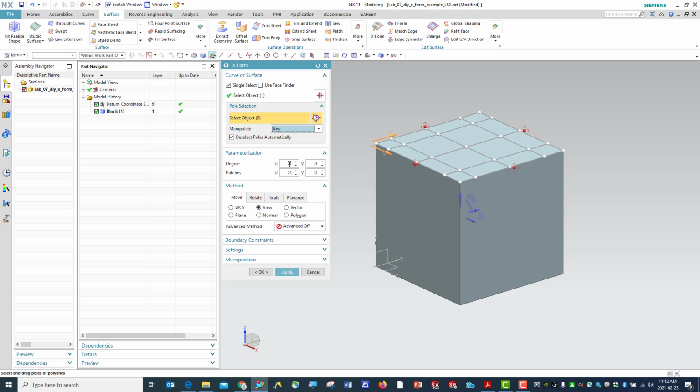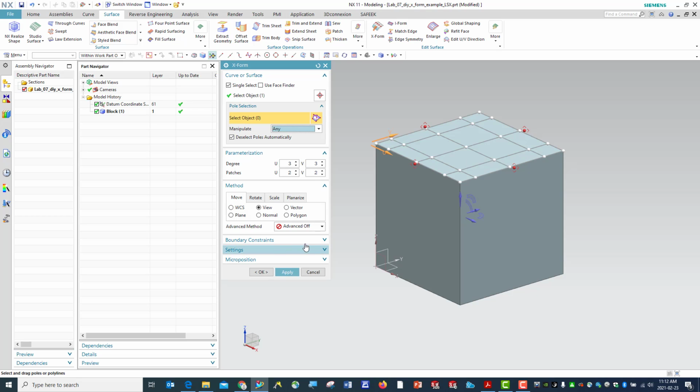The more degree in both directions you give, the more complicated the surface will be, and the more patches,